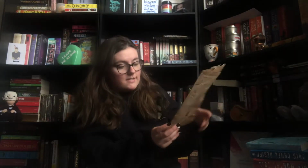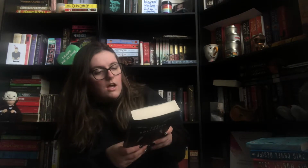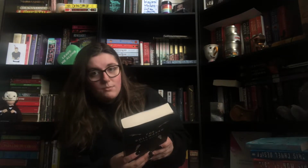For Blind Date with a Book, I picked up, so my thing said, contemporary fiction, a touch of magic, love story, and fantastical, and it was The Doll Maker by Nina Allen, and I'd never heard of it before, because it's an adult novel, but it says, I'm not going to be able to say her first name, and I'm sorry, Ewa Chaplin,